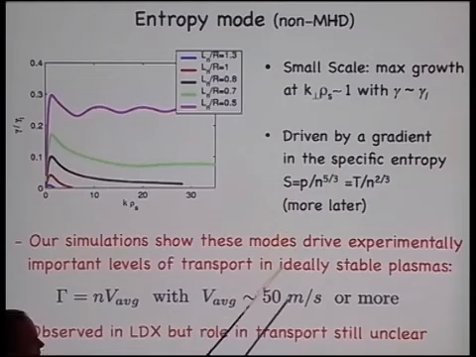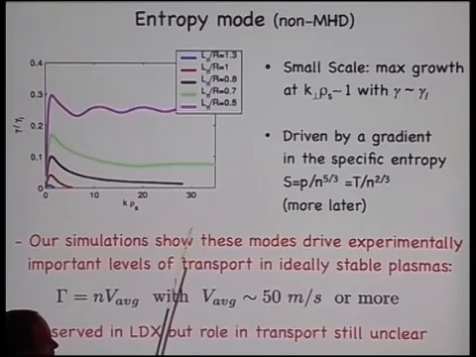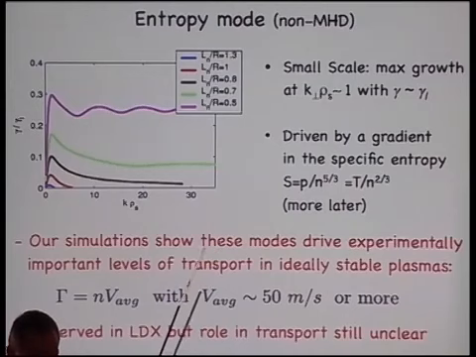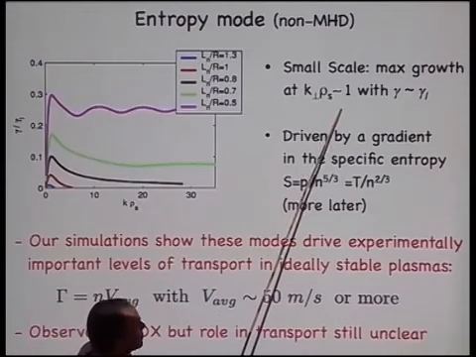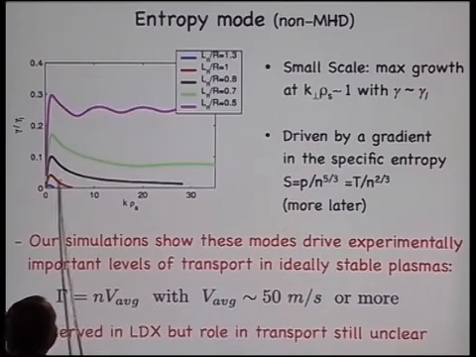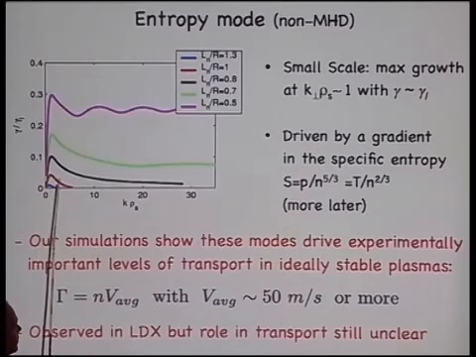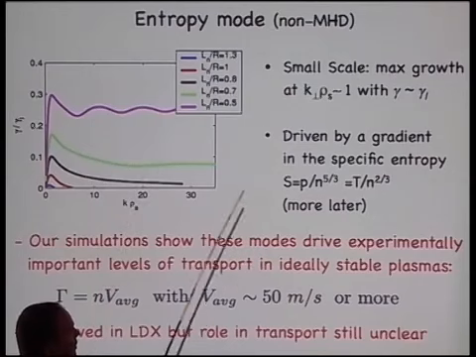Okay, so that's kind of interesting. We're in an ideally stable regime, but we've got non-MHD modes that have growth rates comparable to the ideal mode. The catch is that they only have growth rates that are comparable to the ideal mode at very small scales. Okay, at long scales, the growth rate tanks to 0. All right,